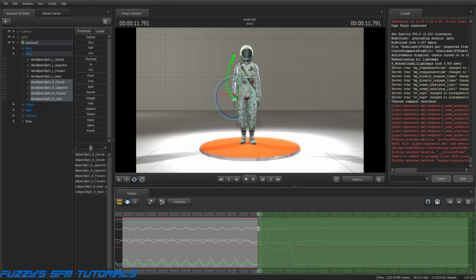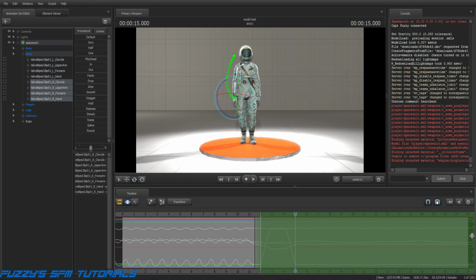Walk it up to this point and put it in here, and then drag a little fall off on it to about this point here, and then again at the end of the animation where he puts his arm back down, about here,